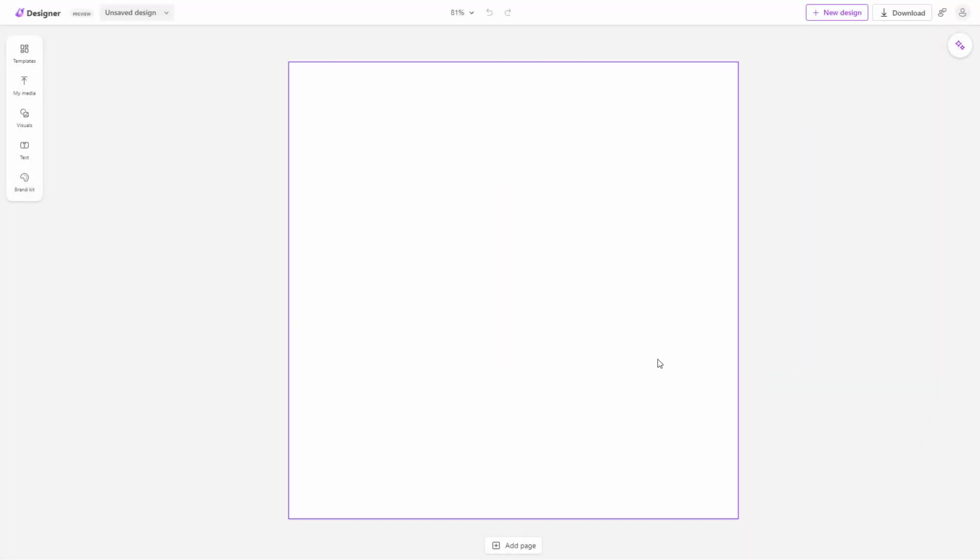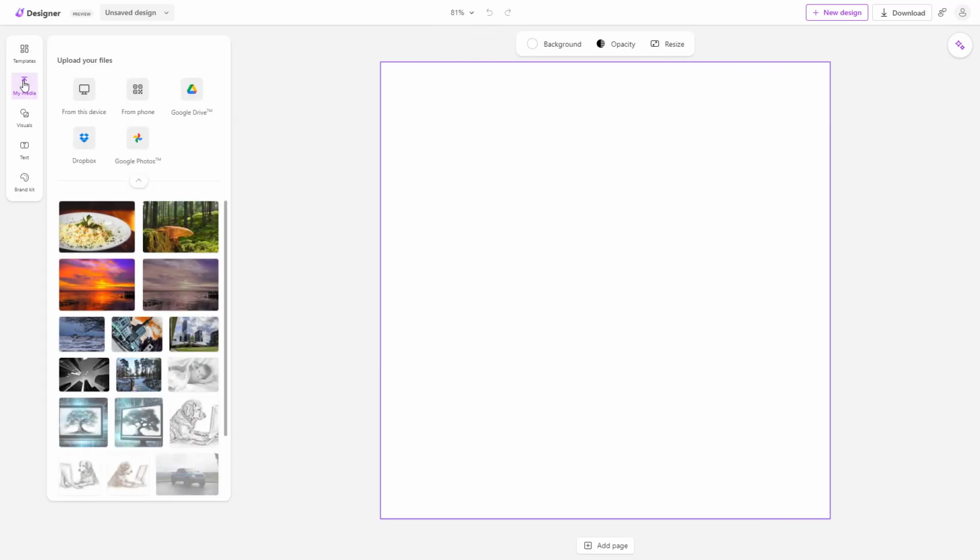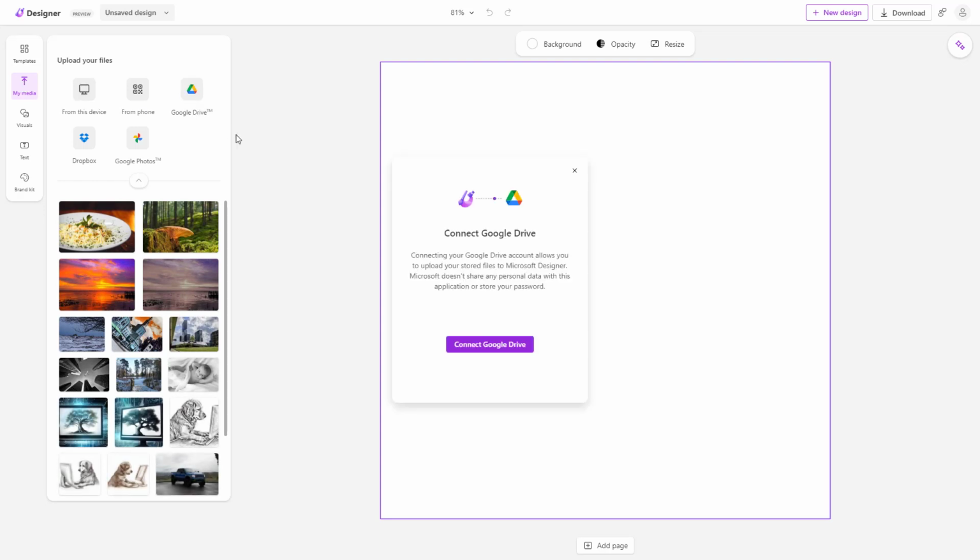So what you can also do inside of Microsoft Designer is upload your own media by using Google Drive. To do that, you need to go to the My Media section right here. Then you can see that Google Drive is an option. Once you click on it, you are prompted to connect your Google Drive account into